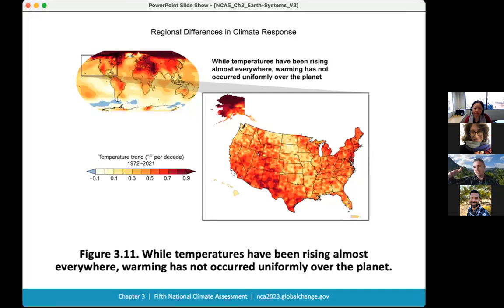As you get darker surfaces, i.e. less snow cover, you get more absorption of heat and energy, and so that causes more warming. That's a really important one, but there are other feedback processes in the Arctic that are driving that Arctic amplification effect. You can see that in Alaska, with the increased temperatures we see there relative to the rest of the US. So there is warming almost everywhere around the planet now, but that warming is not uniform. It varies by region.